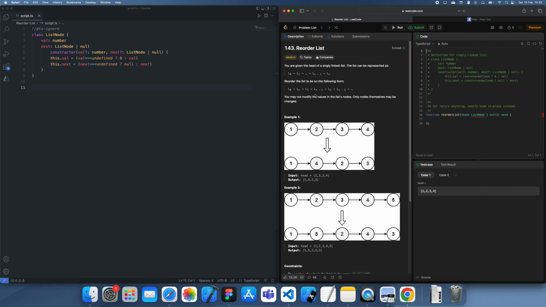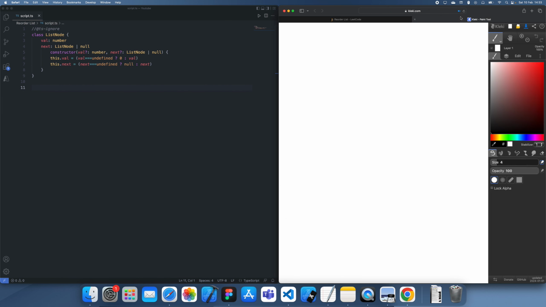Hey guys, welcome back to another Leetcode problem solving tutorial, and in this tutorial I'm going to be showing you guys how to solve Leetcode question 143, asking us to reorder this list in a specific order, a linked list. Basically we start from the front, go to the end, go to here, and we just sort of spiderweb crawl into the middle. So I'm going to show you guys the algorithm which we need to use in this